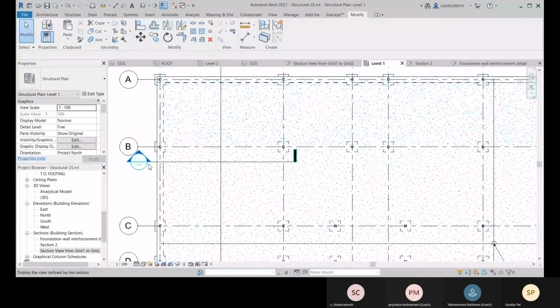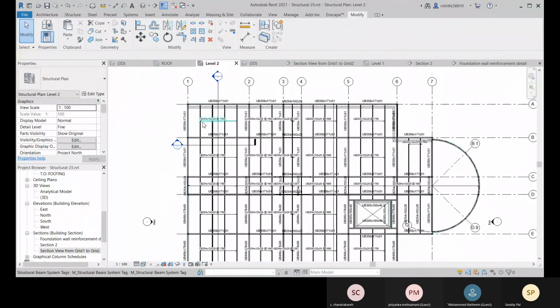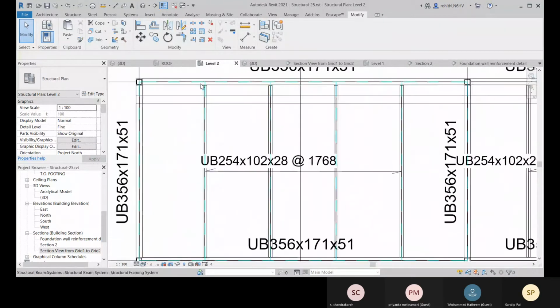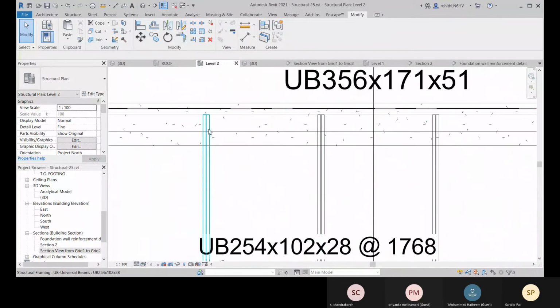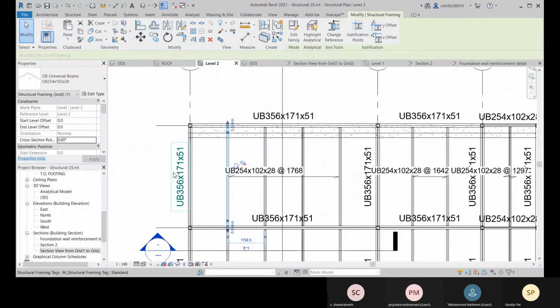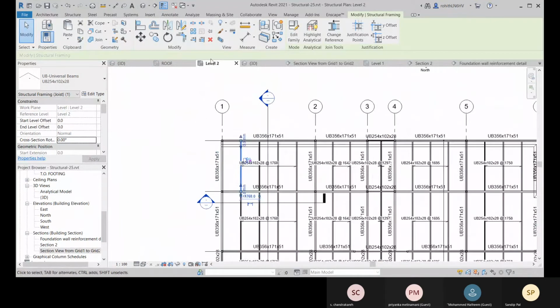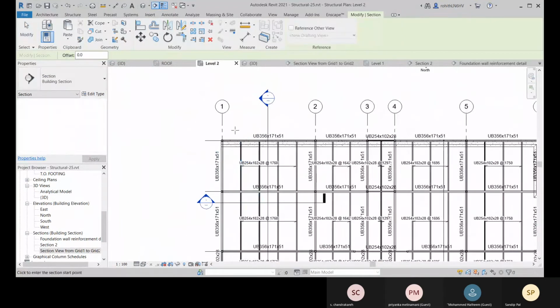So if I come to level 2 there, and let me go to this wireframe, and here let me show you. So that will be better if I show you with this one. So for that, let me create one section over there. So here I can show you.